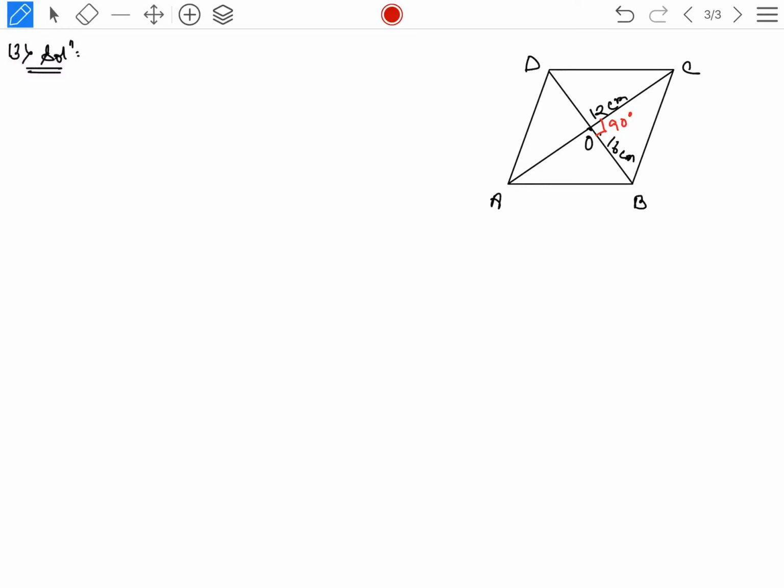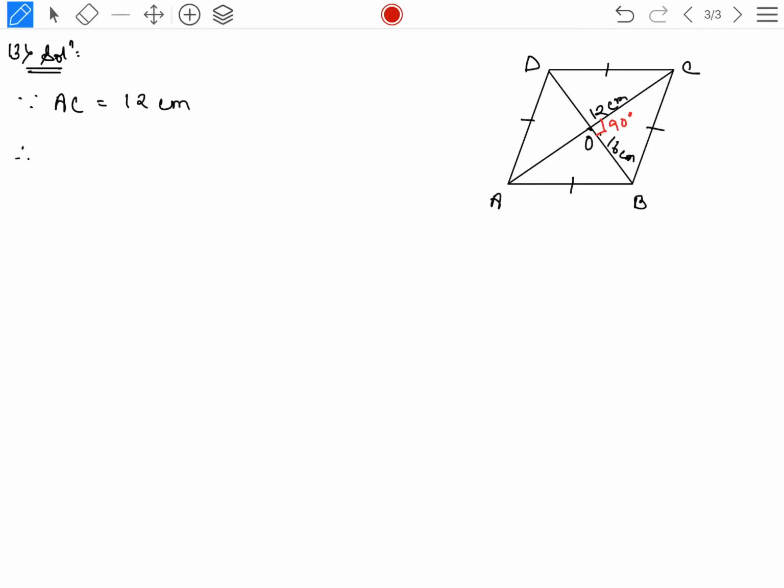Now what do you need to find? You need to find the length of each side. That means in a rhombus all four sides are equal, so if we find any one side, we will get the answer. Since directly we can write the names, you can take AC equals 16, it is up to you. It is not mentioned that this one you should take 12 and this one 16. So suppose I have taken AC as 12 centimeter.